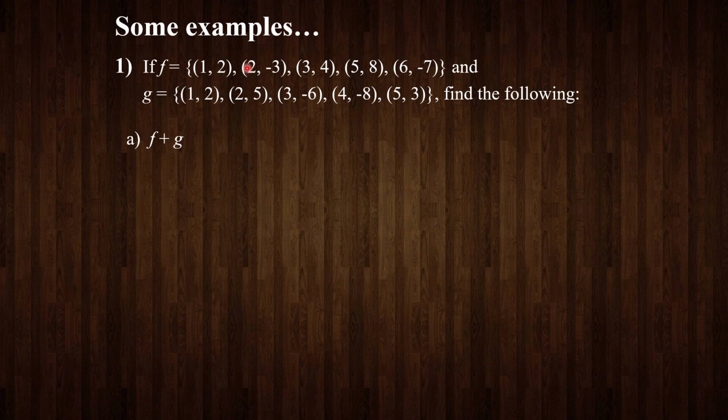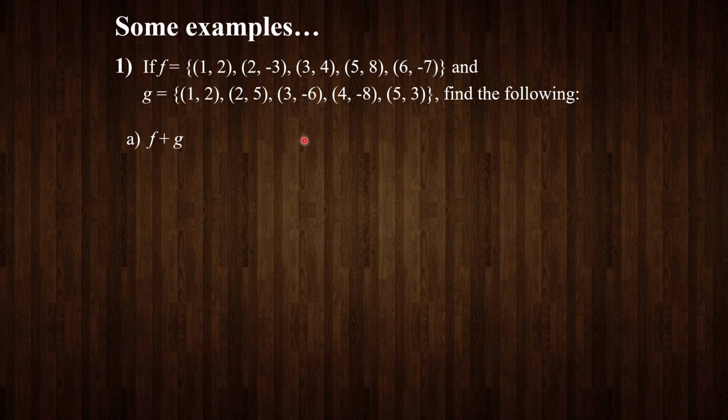We can do the same for the next points. We have f at 2 and g at 2. So we have -3 and 5 for those values. We can add those together for an x value of 2, and that will give us a y value of 2. The point 2, 2 is in our result for f plus g. Similarly, f at 3 plus g at 3 would be 4 plus -6, so that's -2, so we'll have the